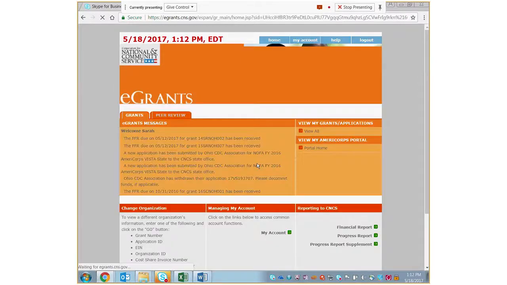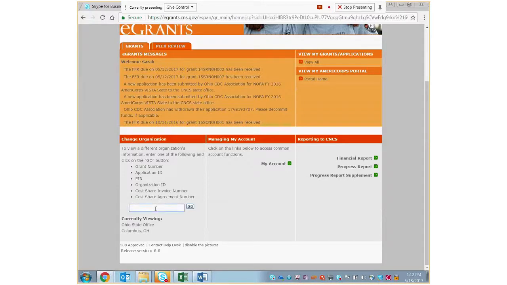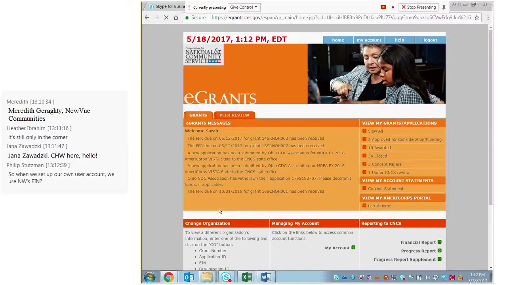Okay, so once you log into the system, your screen is going to look a little different than you see right here with me. What I'm going to do is go directly to NeighborWorks, and once you log into the system, you are going to notice that on the right-hand side of the